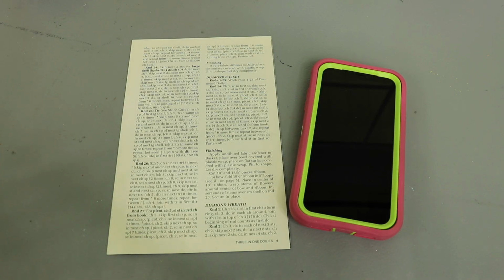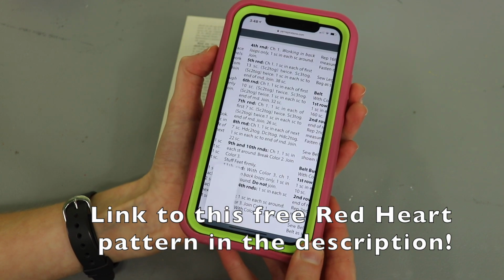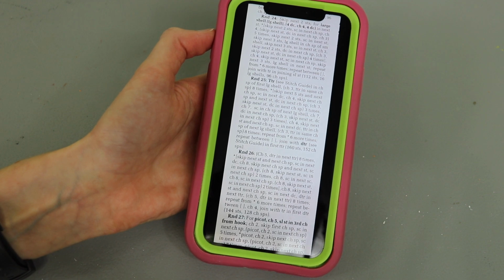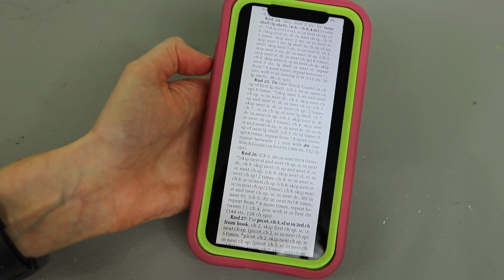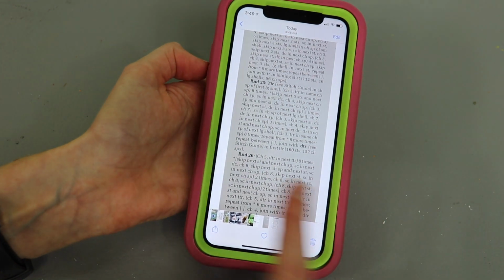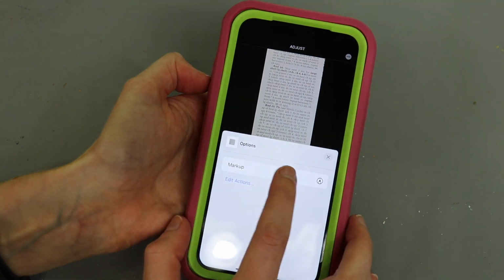But the technology equivalent of that, which I personally like because it's a little more portable, is to either take a picture of your pattern, or if you're using a pattern online, take a screenshot of the pattern. Either way, the goal is to end up with a photo of the pattern. Now I'm going to show this part on the iPhone, but I imagine if you have an Android or some other type of phone that you can take pictures and edit them on, that you could do a similar process. But for me, to keep track of where I'm at, I'm going to go to my photo, tap edit in the top right, tap the 3 little dots, select markup,